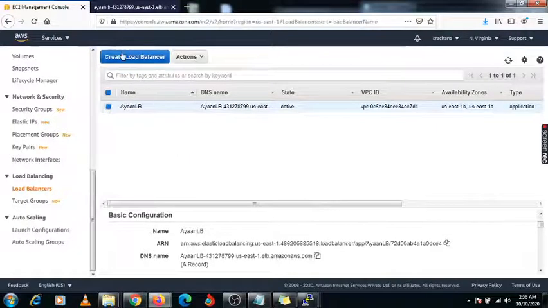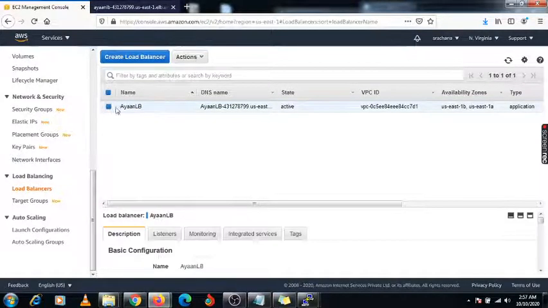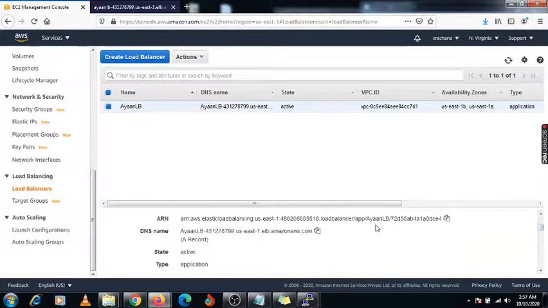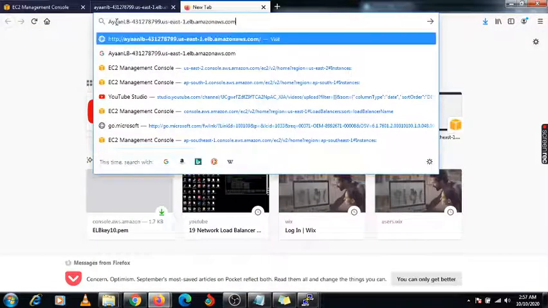Actually, we have not refreshed that page under this load balancer after we created the peering connection and defined the path under this route. So after that you need to refresh this load balancer. Go under the load balancer, click on it and refresh it, and copy this URL again, then check whether it is working or not.